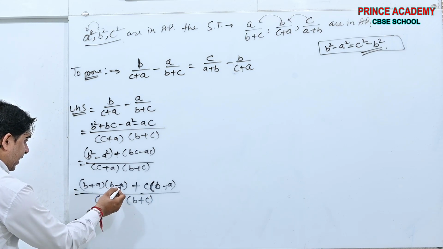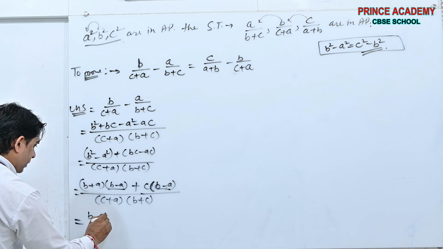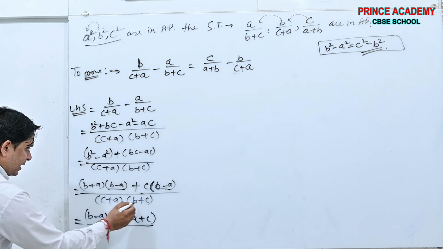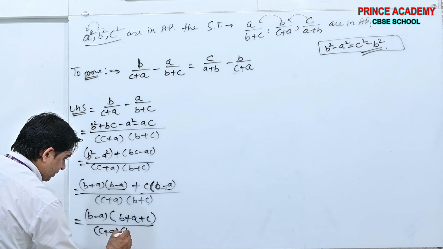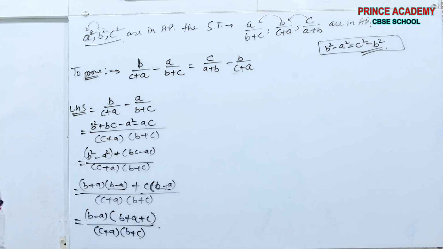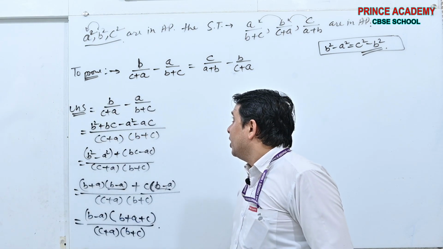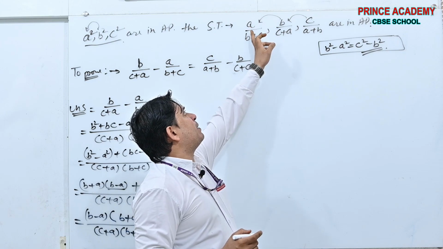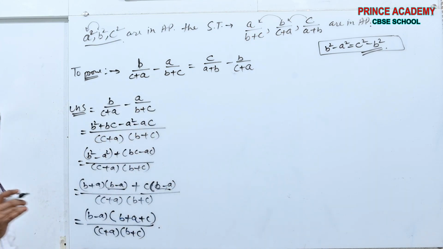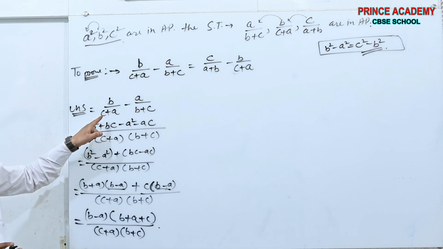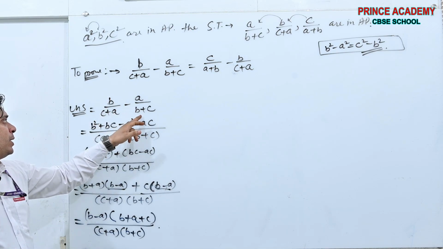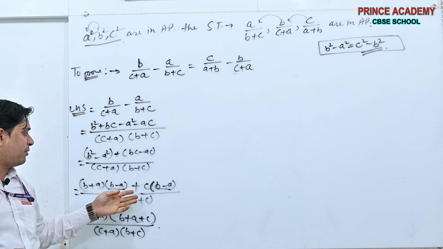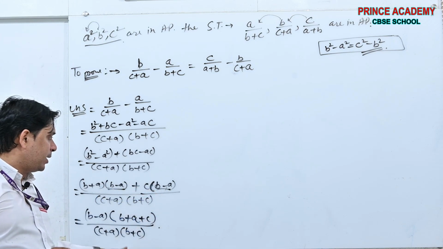Now see beta, if I take b minus a common, we will get b plus a plus c, divided by c plus a and b plus c. Okay, this is the left hand side we finally got, when we subtracted a by b plus c from this. So simple it was. Simply took the LCM, this into this minus this into this. Square, we applied b plus a, b minus a. b minus a was taken as common. The numerator became this and the denominator this.